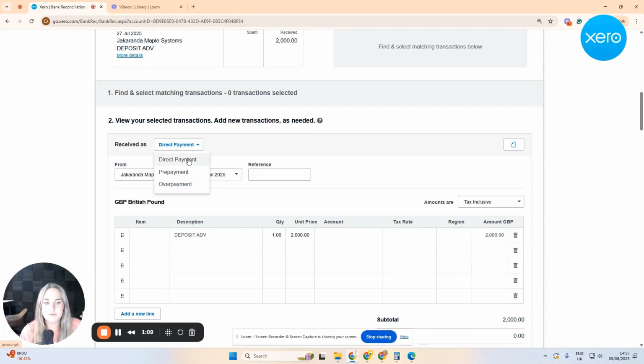Now, my recommendation for Xero is generally avoid using direct payments. It's not going to show up on your sales invoices screen, and it's going to make it really difficult to manage. So you want to choose between prepayments and overpayments. And in this instance, because it's money received in advance, I suggest you use it as a prepayment, okay,